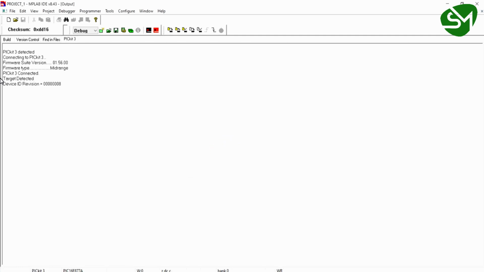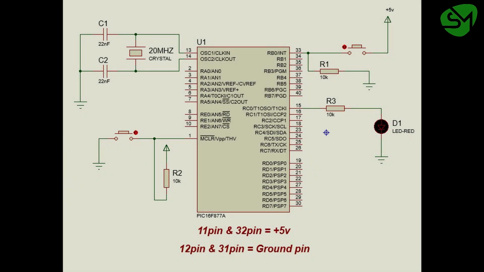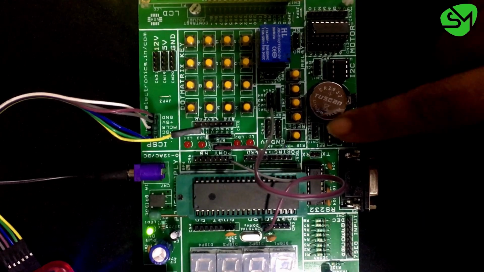And then go to the Programmer tab again and click on Program. You can see the device is being programmed and the programming is complete. Now build this circuit to see the output in the hardware. And you can see this is the output that I got in my hardware.